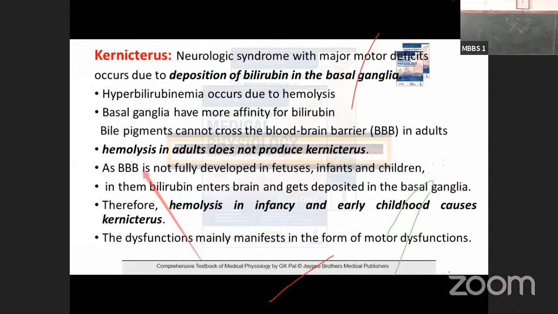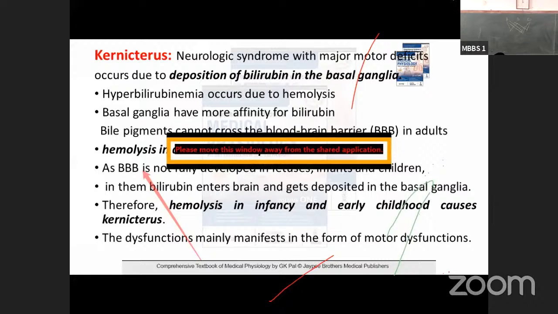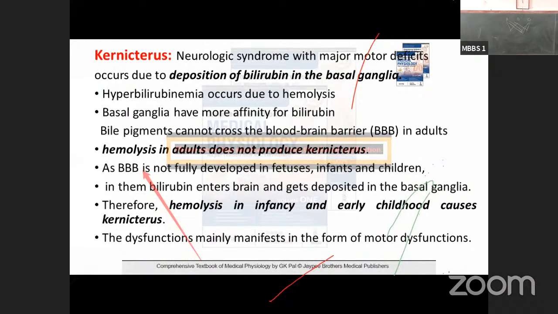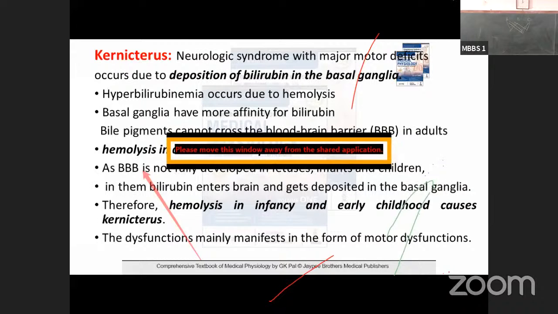In Kernicterus, this is a neurological syndrome which occurs because of the deposition of the bilirubin in the basal ganglia of the fetal brain. The blood-brain barrier is not fully developed in the fetus. So, bilirubin crosses the blood-brain barrier and is deposited in the brain. In adults, because of the full development of the blood-brain barrier, there is no transmission of the bilirubin to the adult brain. But in the fetus, it crosses the blood-brain barrier and is deposited into the basal ganglia,